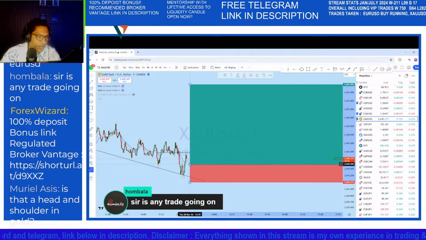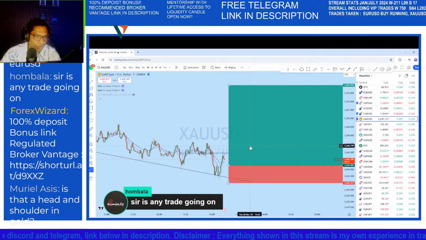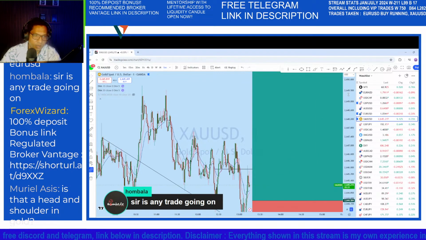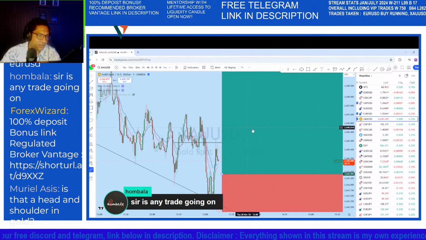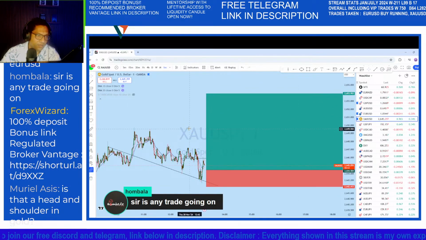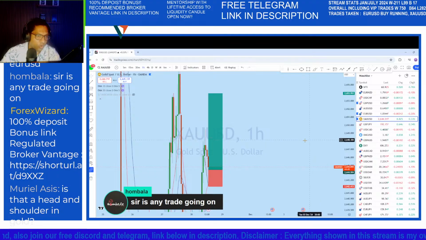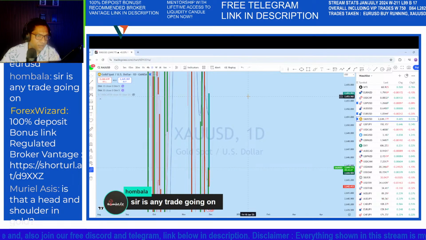Now, if the market manages to break out, then we could see that the price is even going back here to 653, right? So this is where also the daily resistance